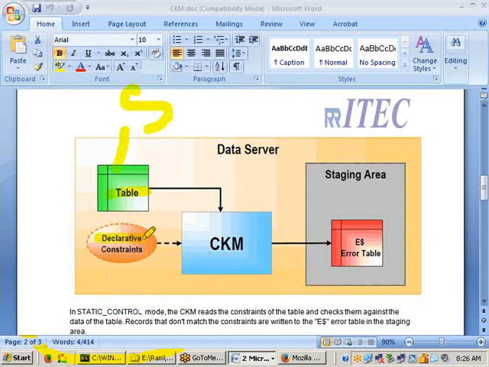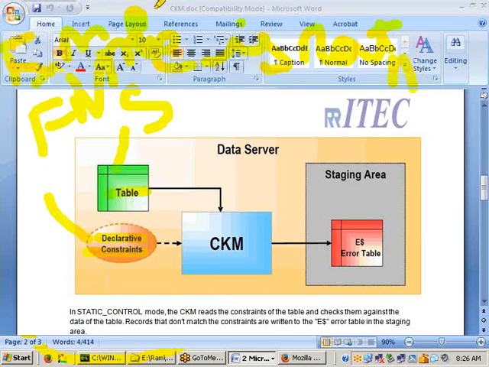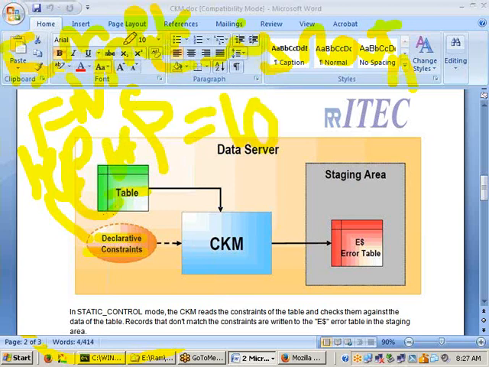I am going to write some kind of declarative rules. Declarative rules are, let's say, first name is what, sir? Not null. Second rule, let us say employee number is what, sir? Primary key. Next one is phone number, the length of the phone number should be what, sir? 10 digits. Some rules I defined here.